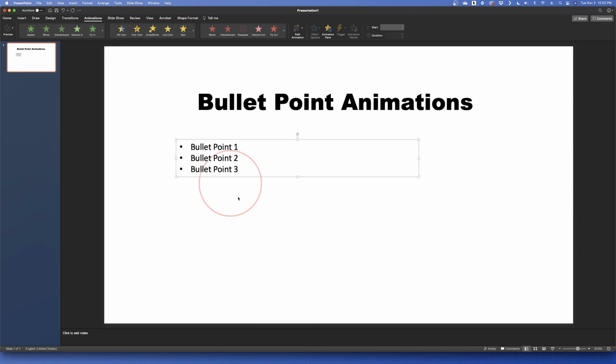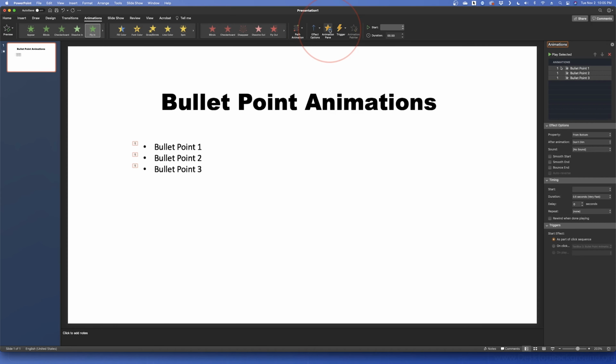Next, highlight all of your text and choose the type of animation that you want. Like I said, in this example, we'll use Fly In. You'll then see each line fly up from the bottom and get a number 1. If you don't see the animation window on the right, choose Animation Pane from the menu here.